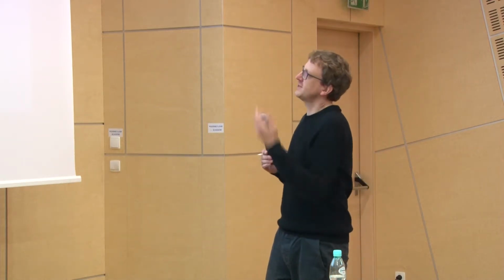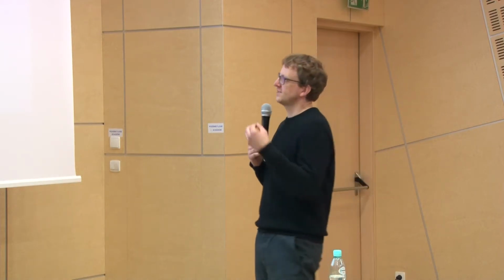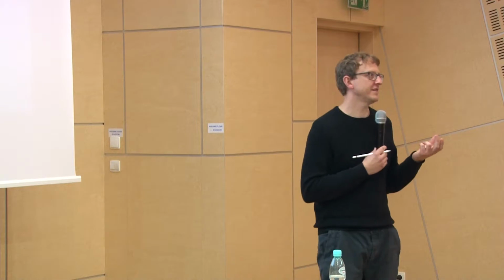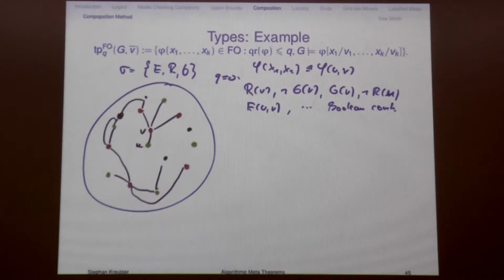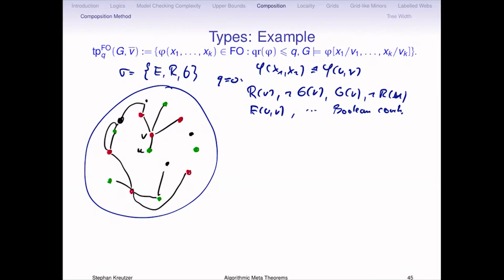They're not so interesting because they're actually determined by the atomic predicates. So the atomic types, which is what we call types of quantifier rank 0, just describe precisely the atomic information you can have about these vertices. And one thing that happens in these formulas, because we have named variables interpreted by these 2 elements, is that we essentially have this graph with colors, but now these become constant symbols, so you can speak about them. They're fixed constants, U and V, and you know which ones they are.